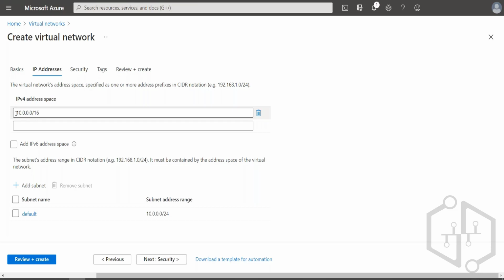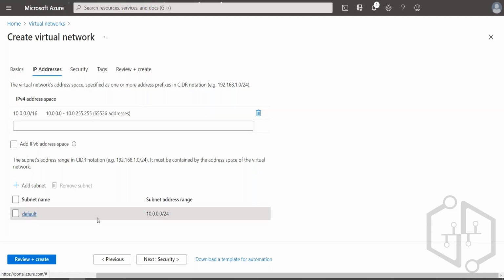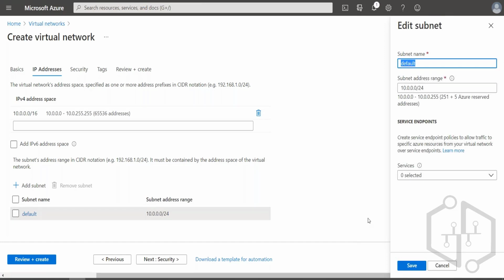So here, if you see, this is the address space that we have, 10.0.0.0/16. Now this address space has above 65,000 addresses. So you will have a larger address space. Within that, you create your subnets. So by default, when we create our virtual network, it has a minimum of one subnet over here. Let me rename the existing one and give it a name as web subnet. Let me keep the range as it is,